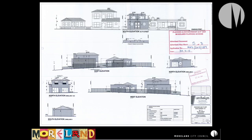Now, one of the main considerations in this application is the heritage considerations. There is this particular diagram with the facade. You'll see that it's been designed in a way that the facade has a parapet which is at a similar height to the adjacent dwelling to the east. That's something that the council's heritage advisor picked up on as a positive aspect to the proposal. Council's heritage advisor is supportive of this proposal, has 2 small conditions which have been